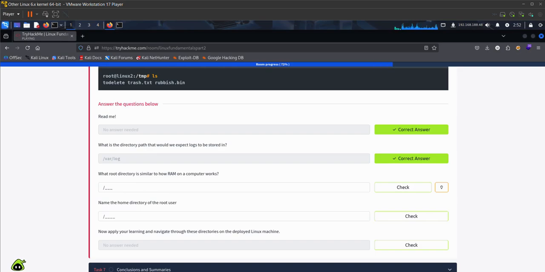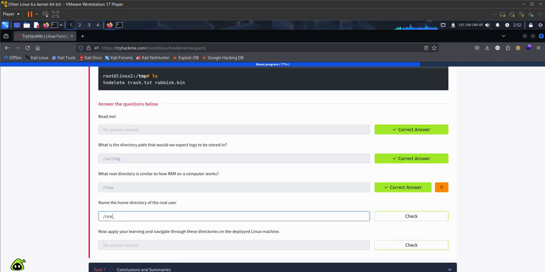Okay. What root directory is similar to how RAM on a computer works? Temporary files are located in the tmp directory. The name of the home directory of the root user. Okay, the home directory of the root user is /root.